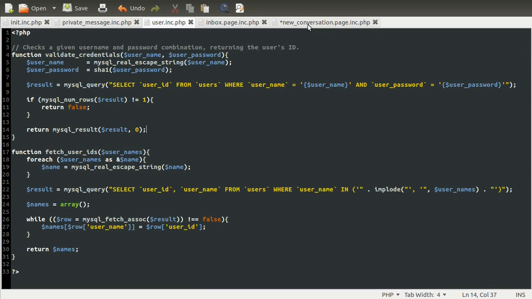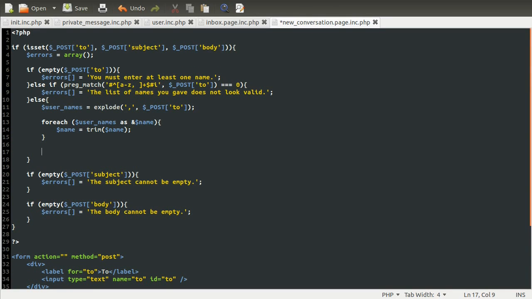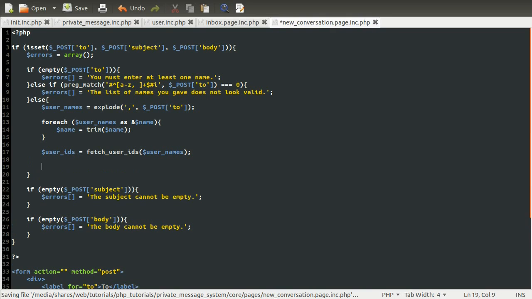So now let's go back to our new conversation page, and we will create the code here to deal with this. So the first thing we obviously need to do is get the list of user IDs. So we can define a new variable here called user IDs, which is just going to be equal to the function we just created, fetch user IDs, and we're going to pass in the user names array. Okay, so now we've got the user IDs from the usernames. We can check to see if the numbers in each one are equal. So we can do if